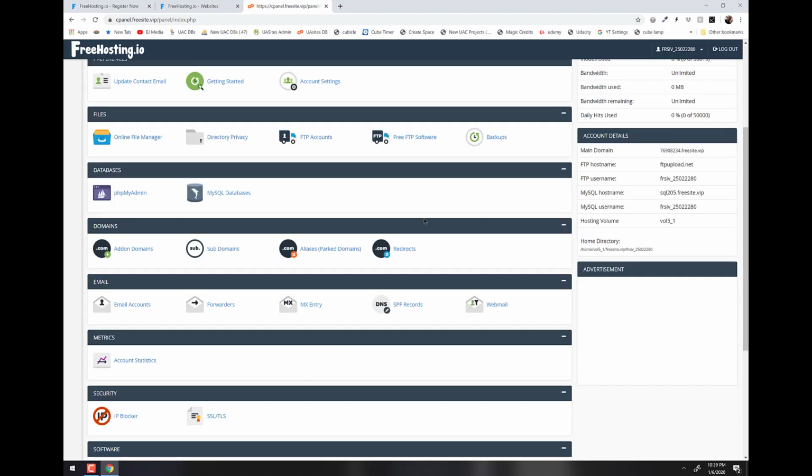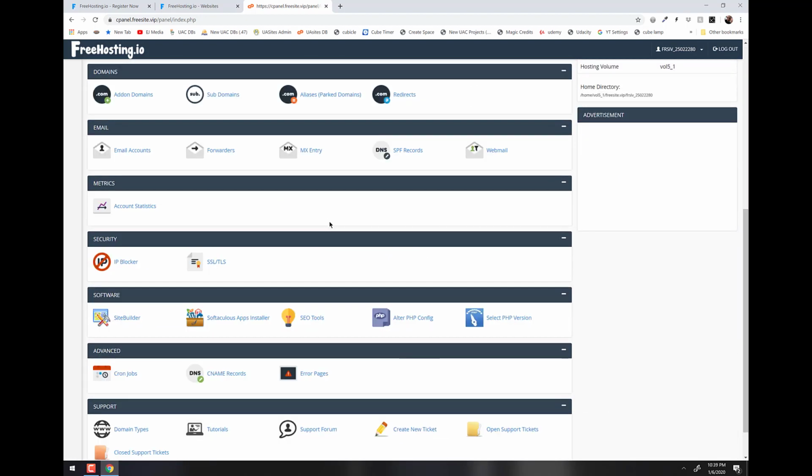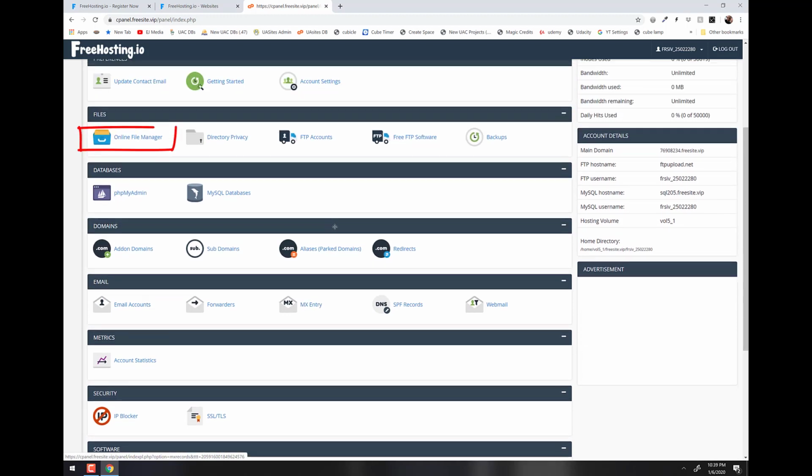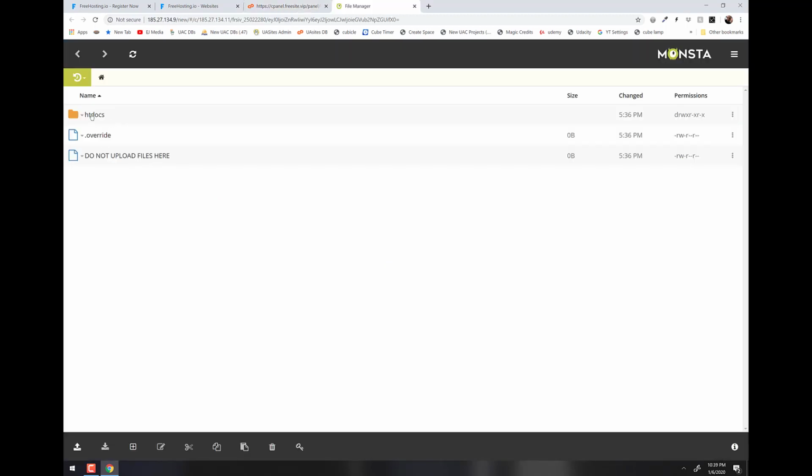Okay, so if we scroll down and look for File Manager, we click on that, and you'll see this folder right here called htdocs. Notice it has a nice little text thing that says, do not upload files here. This is not where they go. They actually go inside of htdocs. So if I open that, files for your website should be uploaded here. This index2.html is the current file that's there, and that's it. We're going to add our files to this.